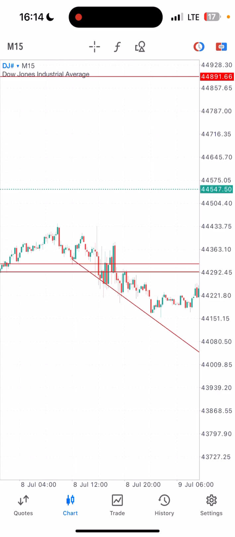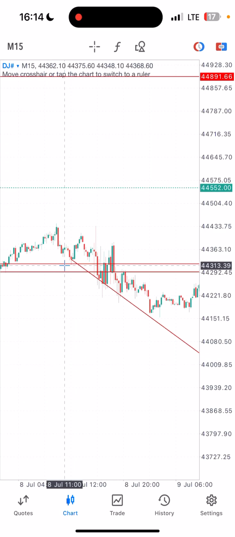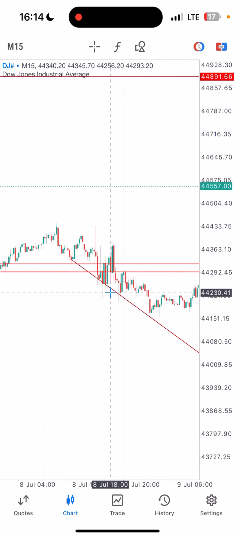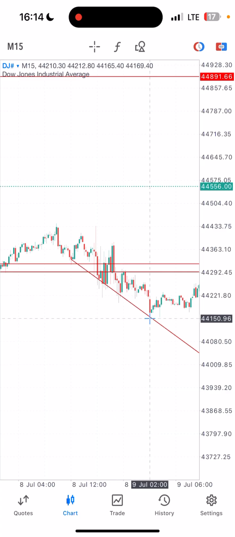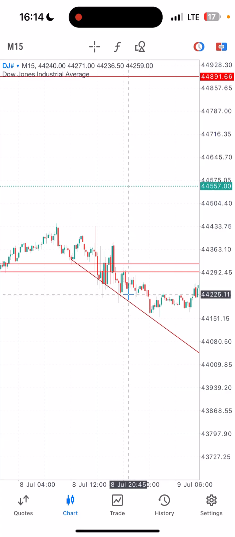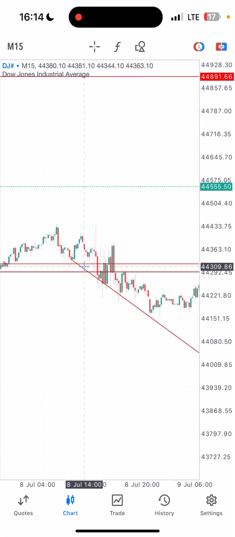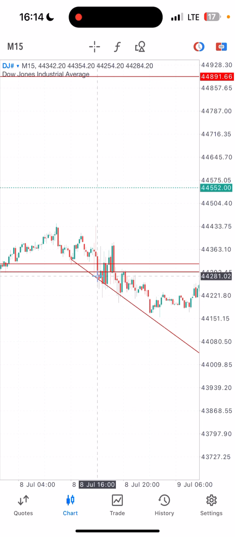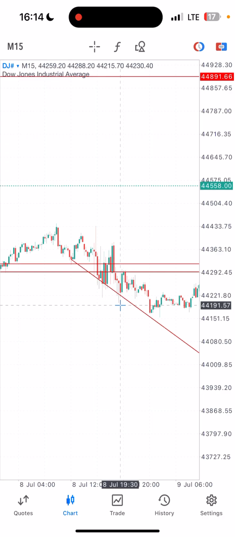As you guys can see, there was a first touch in this area, and then there was a second touch in this area. So if there's a second touch, third touch, fourth touch, this tells you that this thing is inside the trend. So if it's inside the trend, we are only looking for it to break structure so we can take our positions. And most importantly, when the market breaks structure, guys, remember to always put your stop losses a little below